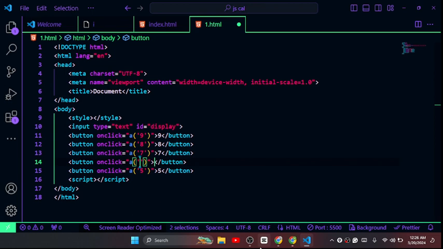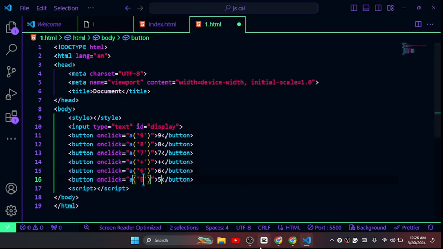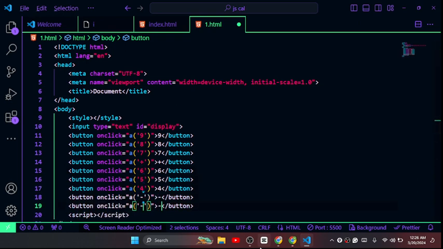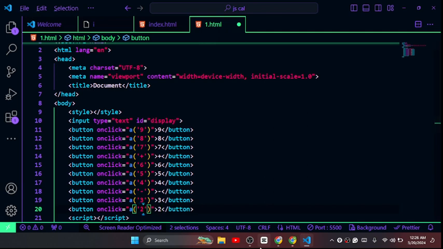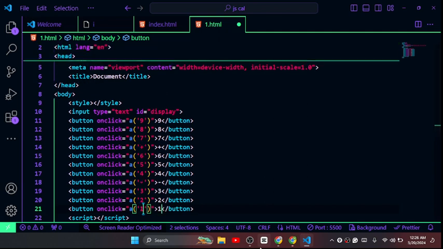and then there will be the mark of plus, 9, 8, 7, and then there will be 9, 8, 7, and then 6, 5, 4, and then minus. After minus there will be 4, 3, 2 and 1,